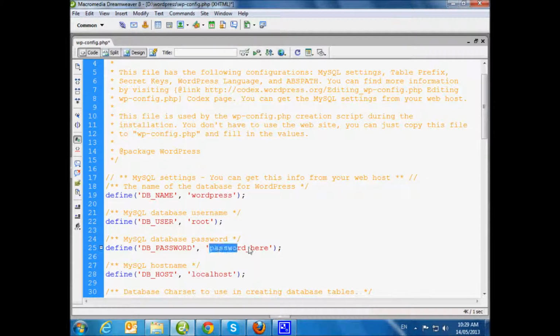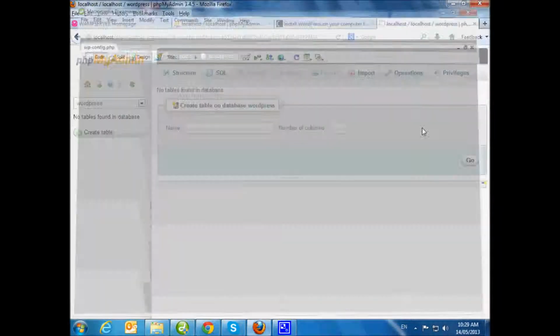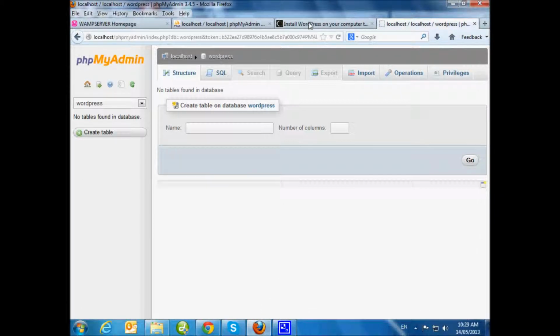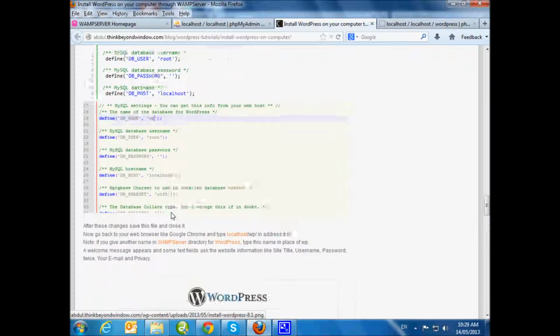This root user has no password, so just leave that line blank. We have localhost, and DB charset utf8. Just save this file. Now this process has been completed. The database has been successfully synchronized with our WordPress installation.